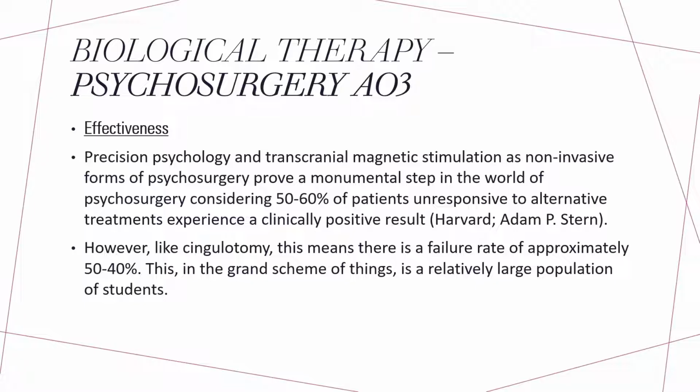So as to the effectiveness, precision psychology and transcranial magnetic stimulation as non-invasive forms of psychosurgery prove a monumental step in the world of psychosurgery, considering that 50 to 60% of patients unresponsive to alternative treatments experience a clinically positive result. This is verified by Harvard University and